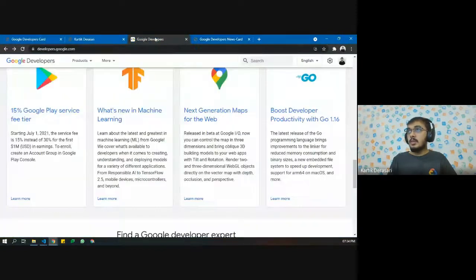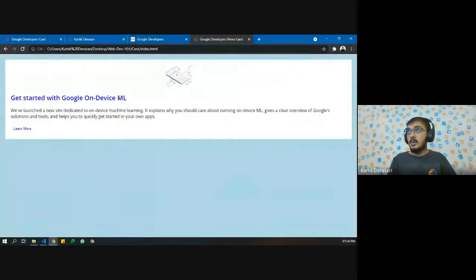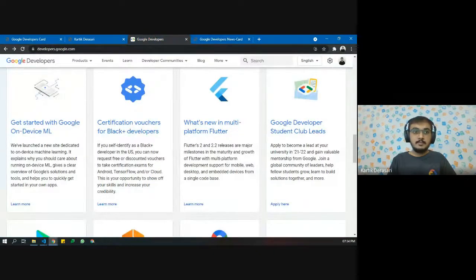Now what is the difference? What is the difference between this card and this card? What do you think is the difference? Waiting for your answers.